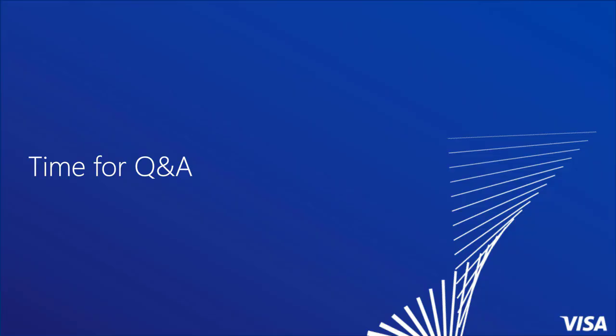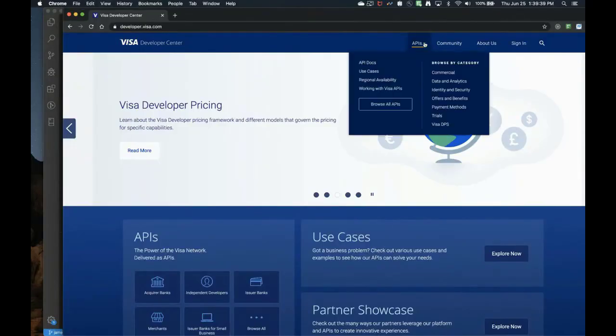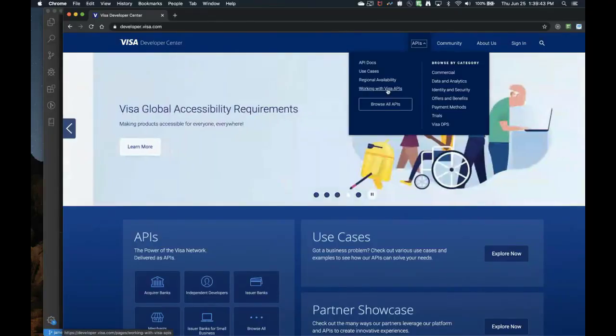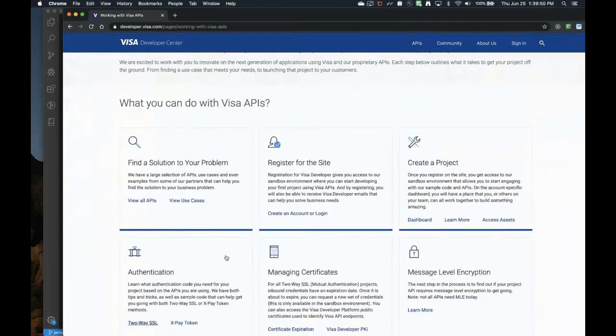I'll show you guys where to find the XPay documentation once again. So you're on your Visa developer platform. You have APIs on the top here. Go to working with Visa APIs. Here you will find all sorts of documentation.